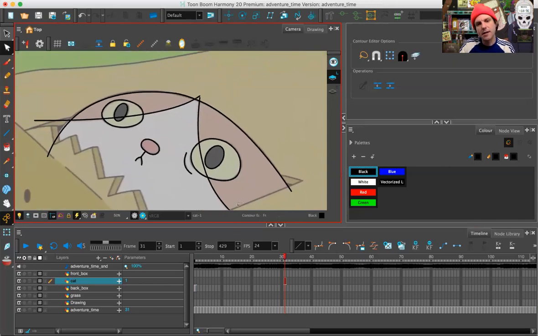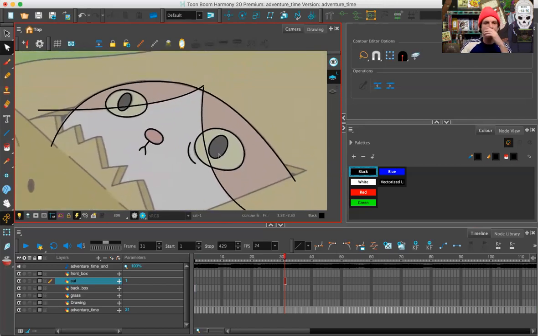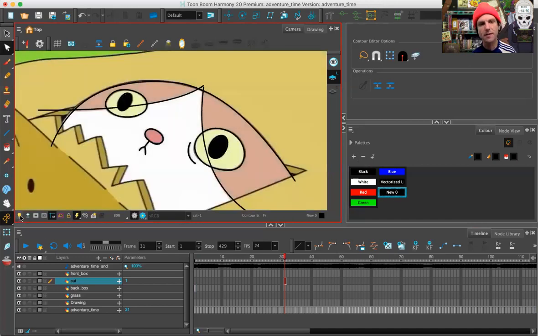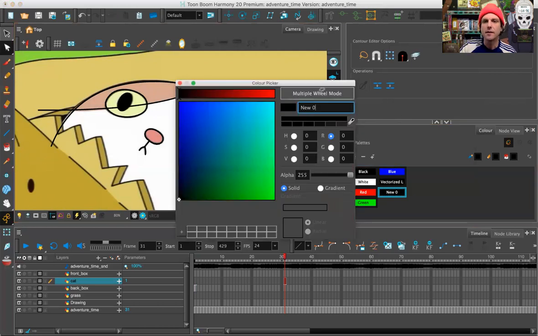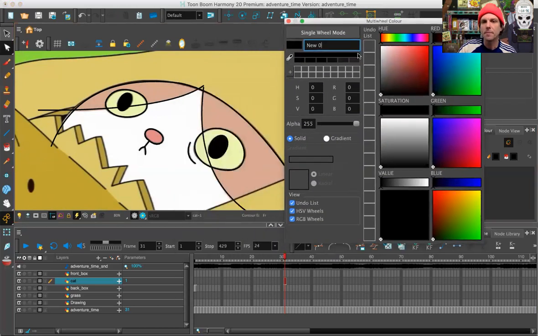So these lines through the eyes is a problem when I'm filling. So let me do this part of the head first. Now, I can make these any color I want, but as you know, for this exercise, maybe I want to make colors that are true to the animation. So I add a new color. I turn off my light table to get the true color, right? And when I control click and edit the color, I'm always in multiple wheel mode. I can drag